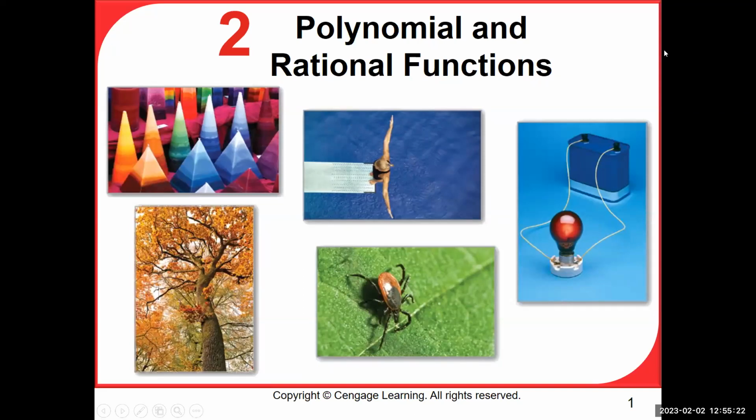Hello, student. Precalculus, Chapter 2, Section 1. Polynomial and rational functions,